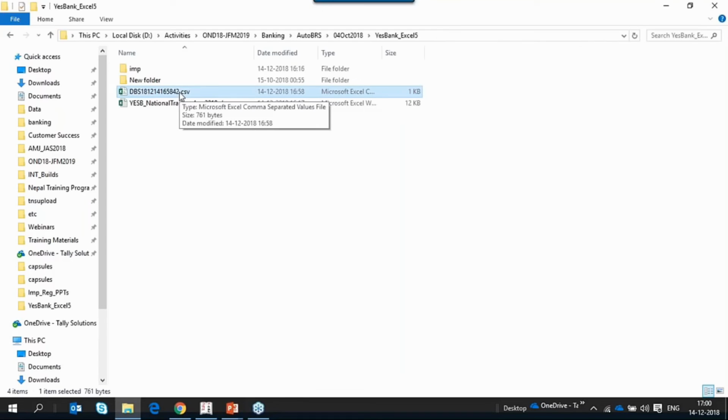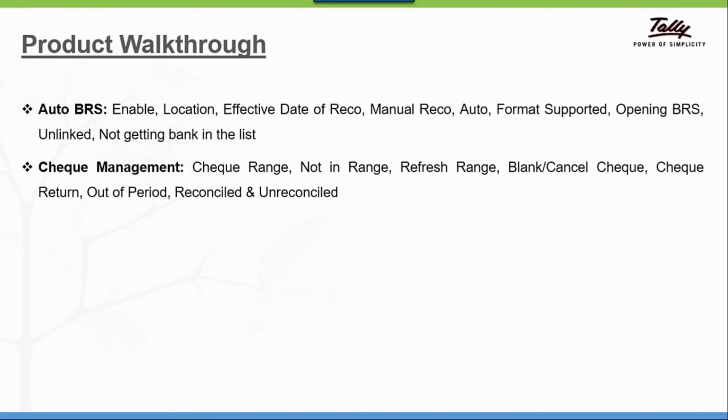This we have supported not only for DBS, but also for Standard Chartered Bank, Yes Bank, Kotak Mahindra, ICICI and HDFC. For DBS and Standard Chartered Bank, the option Enable E-Payments will be available by default, and you have to contact the bank for activating the e-payments. But for ICICI, Kotak, Yes Bank and HDFC, the Enable E-Payments option will not be available unless you approach the bank and get your serial numbers active for e-payments. So this is with regard to e-payments capability in Tally.